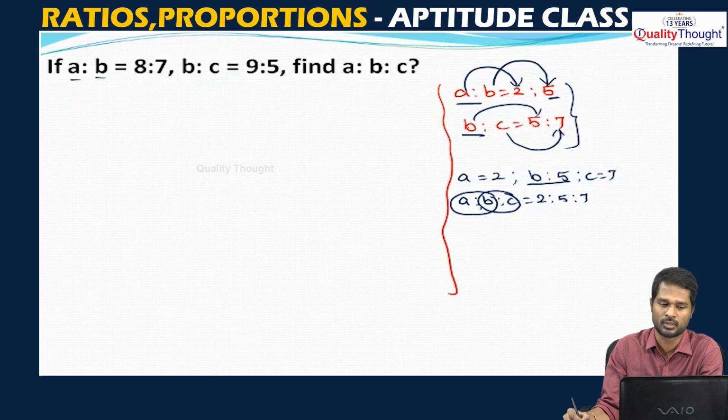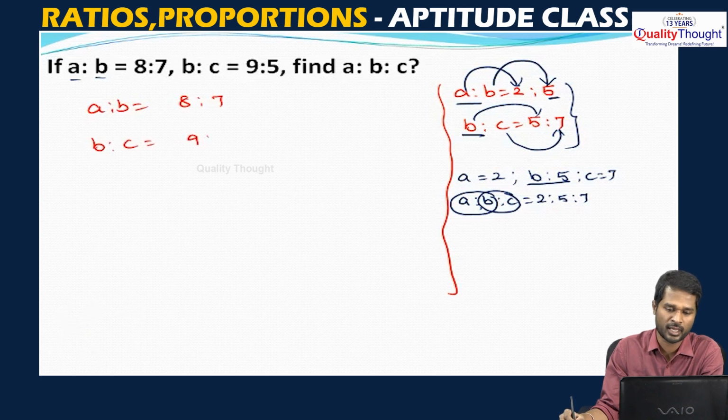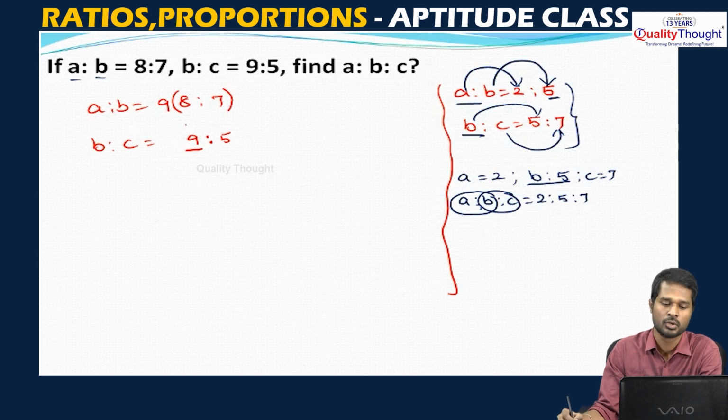Let's see different methods to solve this question. I'll write the question as it is first. A is to B is 8 is to 7, and B is to C is 9 is to 5. So we need to make the B values equal. To make the B value equal, take the B value of the second ratio, which is 9, and multiply the first ratio with it. And the first ratio's B value is 7, so multiply the second ratio with that,